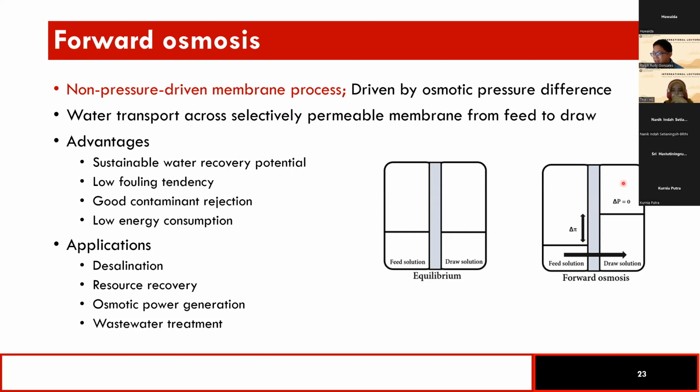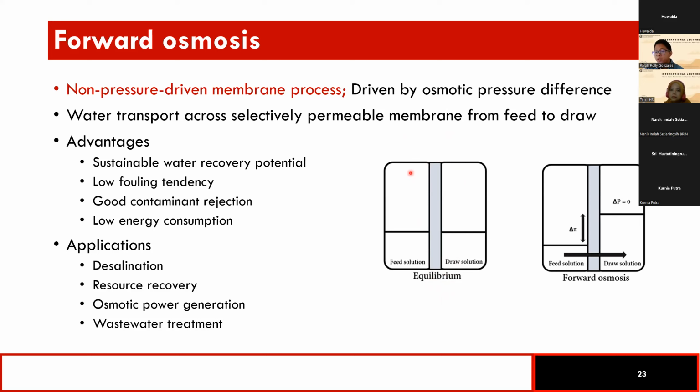And this has several advantages, like sustainable water recovery potential, because there is no applied pressure. This just happens naturally. And because there is no pressure application, there is low fouling tendency, there's low energy consumption, and it can also remove a huge number of contaminants, because the membrane applied here is similar to the one applied for reverse osmosis, which is dense